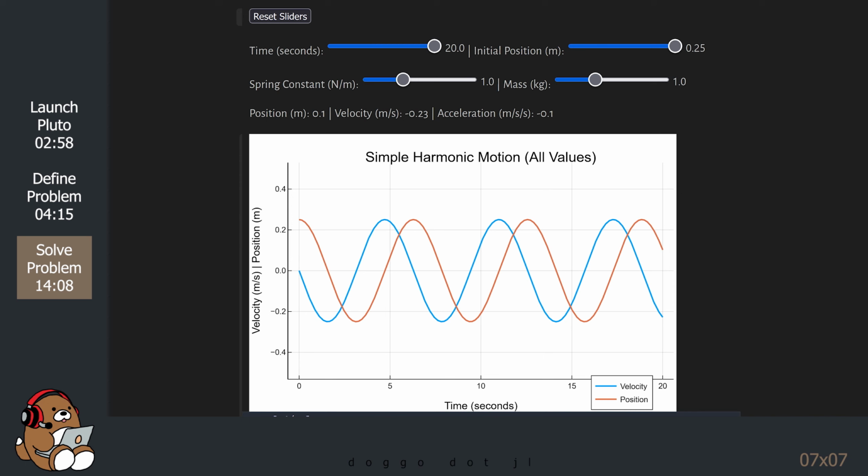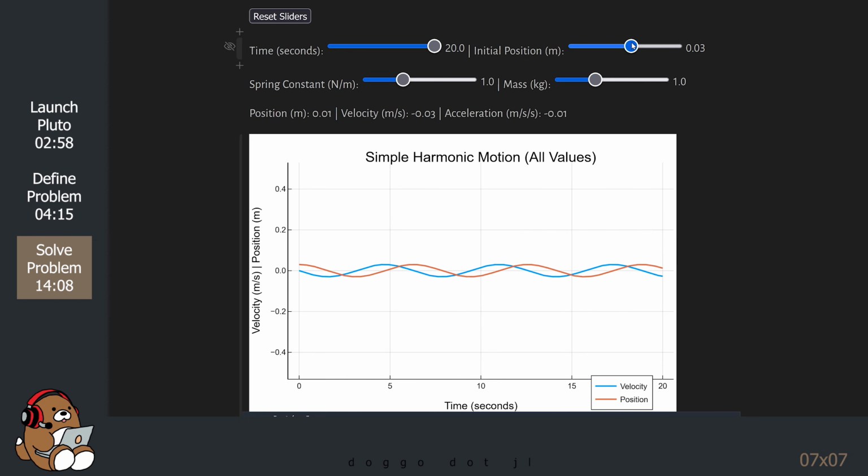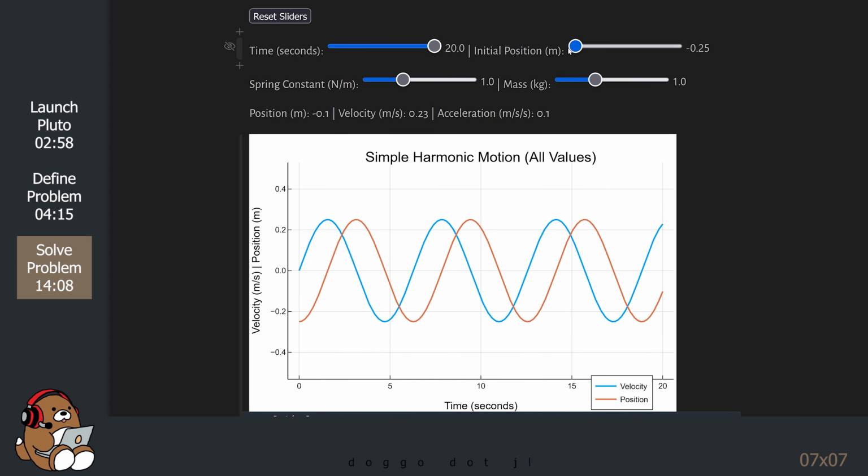The absolute value of the initial displacement is the maximum position that the mass can travel to the left or to the right of the equilibrium position. This maximum distance is known as the amplitude. When you move the position slider, you can see that the shape of the curves change. Notice what happens when you move the initial position to 0. Since 0 is the equilibrium position, all of the values are 0 for position, velocity, and acceleration. You can also move the initial position to the left of the equilibrium position by selecting a negative value.